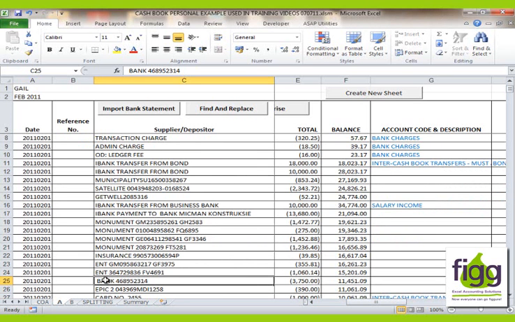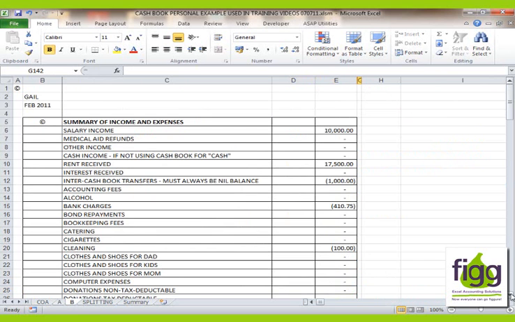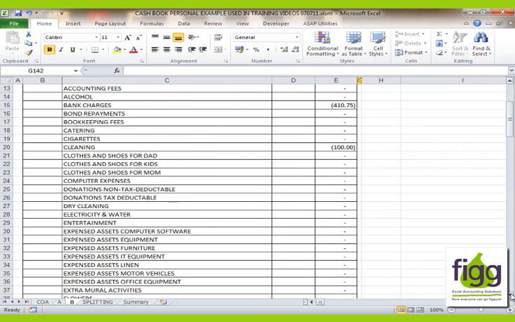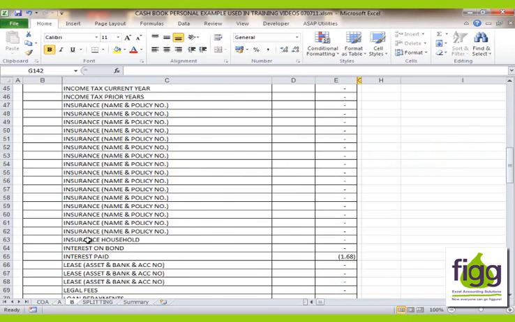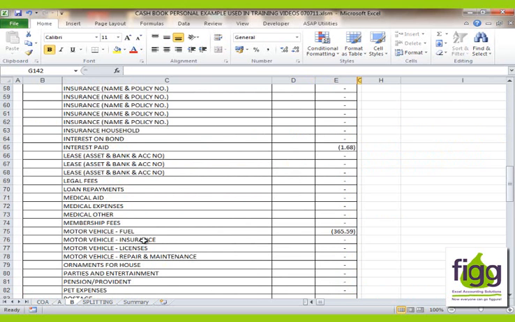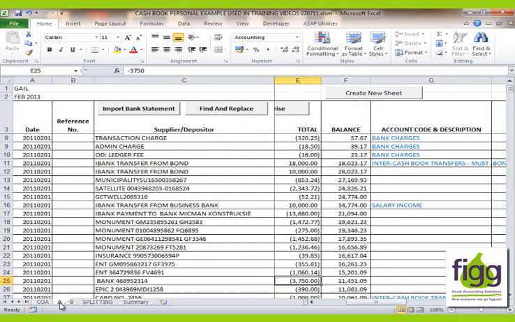Let's take this transaction here, where you paid a bank on that account number an amount of 3,750 Rand, and in that amount you paid for your household insurance as well as your car insurance, and you would like to split the expense of your household insurance on the summary of income and expenses between insurance household and motor vehicle insurance. But now it's coming through on a debit order on your bank account in one amount,